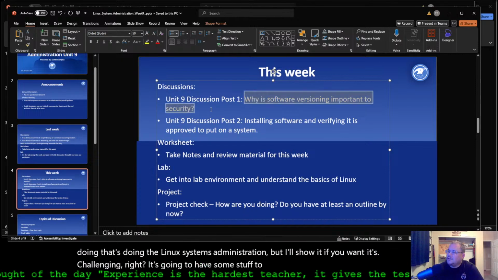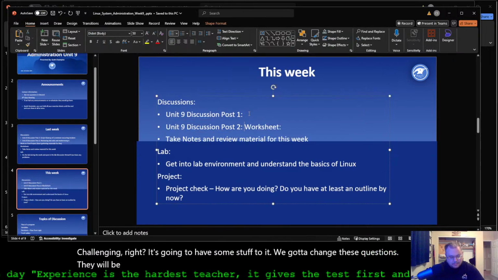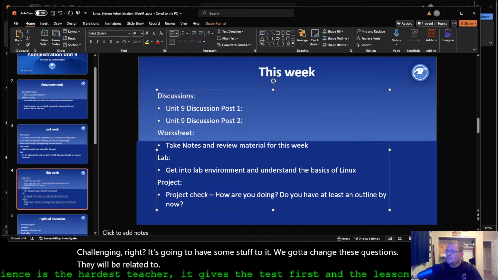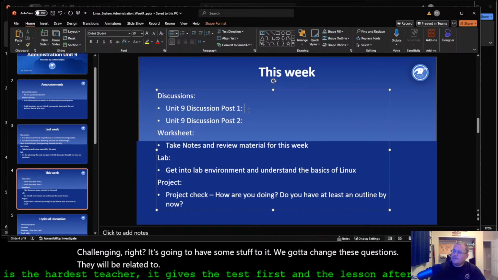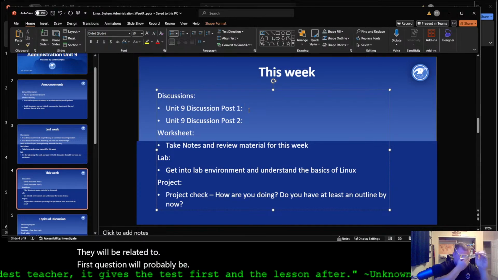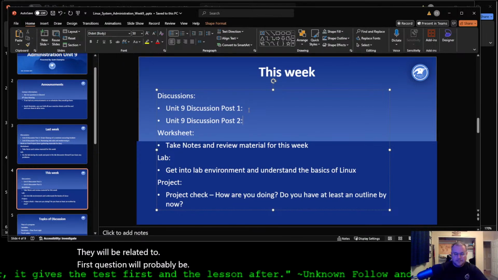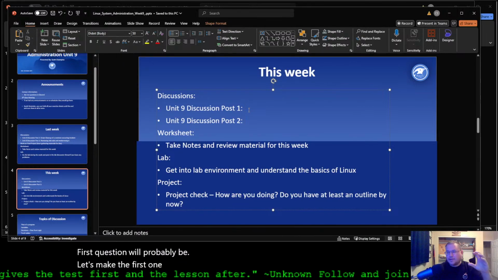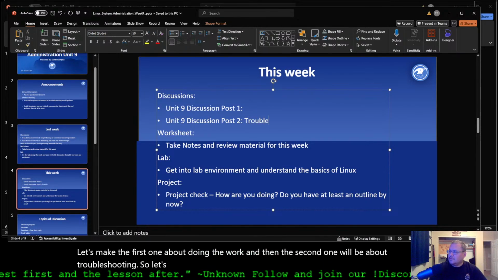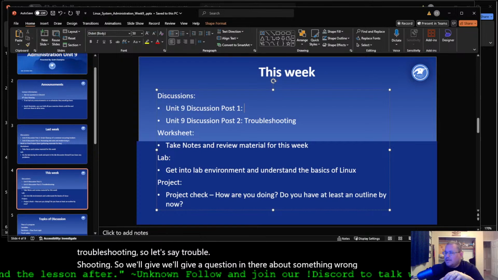We got to change these questions. They will be related to... First question will probably be... let's make the first one about doing the work, and then the second one will be about like troubleshooting. So let's say troubleshooting. So we'll give a question in there about something wrong with a pod or a container,